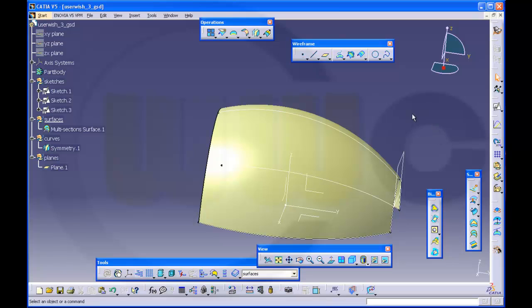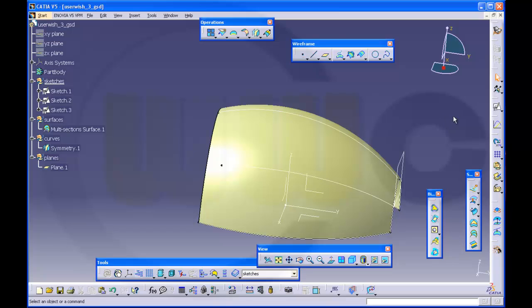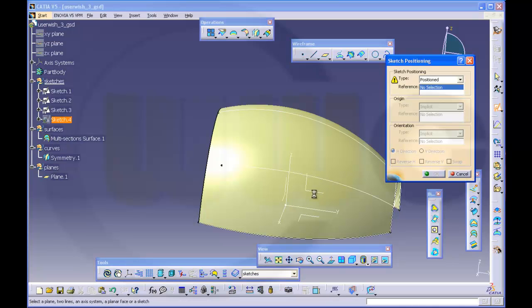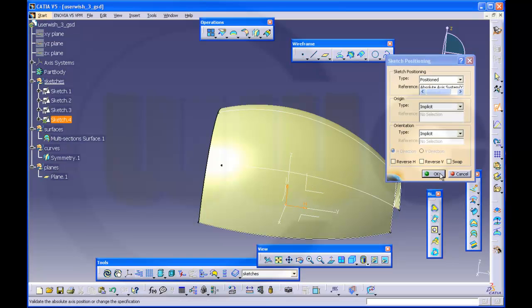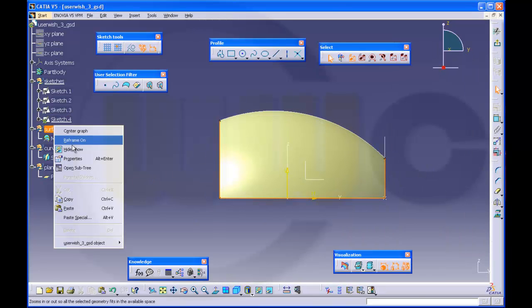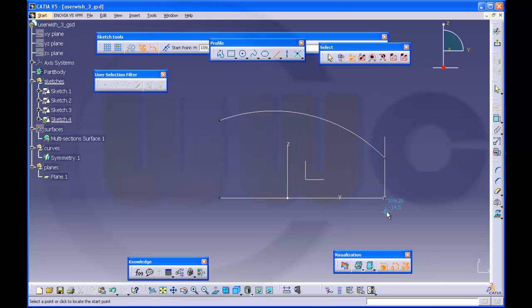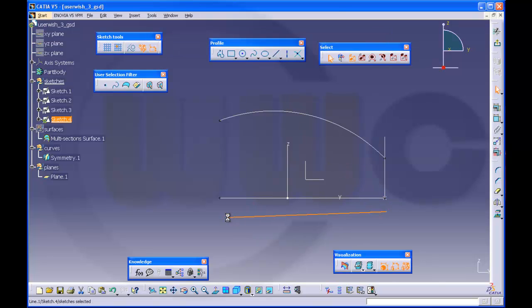So let's go for another sketch. Define a work object. I need a sketch on this plane. Direction is okay. Maybe I can hide this. Okay. Hide these. And that should be a circle, circle, and a line. So just draw a line, a circle,